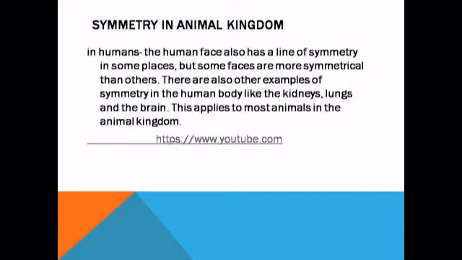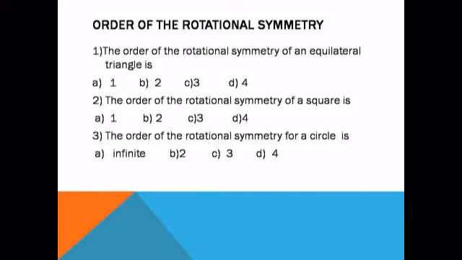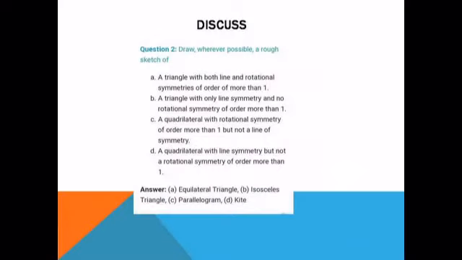If after a rotation an object looks exactly the same, we say that the figure has a rotational symmetry. Half turn means rotation by 180 degrees, and a quarter turn means rotation by 90 degrees. So this is the best example of rotational symmetry. This is the example of a windmill, and we can take it as an equilateral triangle. So here, how many rotations?